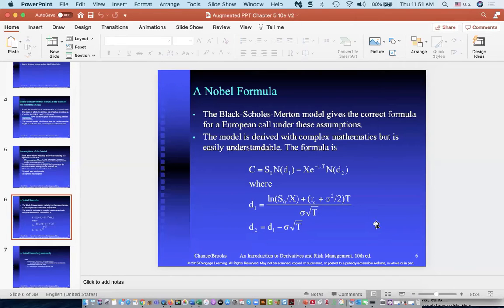Now, when you did stock valuation in your basic finance course, how many factors were you looking at? The dividend discount model was D sub 1 divided by R sub S minus g. How many factors did you take? 3. And this has 5. Stock valuation, which you learned and applied lots of times, was much simpler than Black-Scholes option pricing. This is a much richer expression of the world.